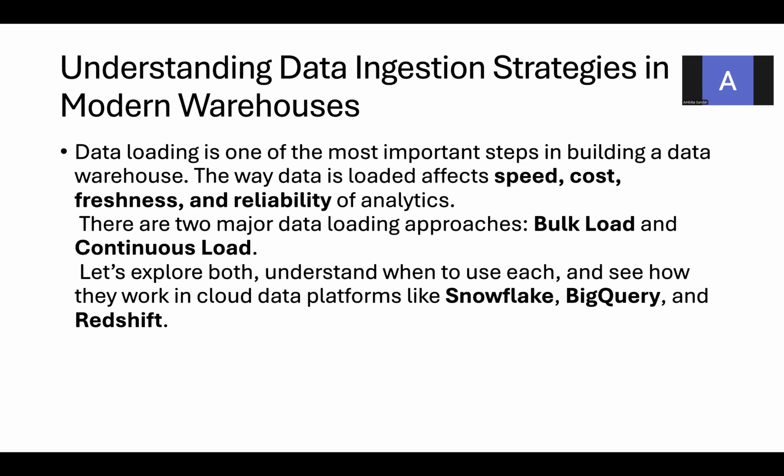So you have to first load the data into the landing stage, or the staging table, or the intermediate table, in some layer of the Snowflake. The way you are going to load the data is going to affect the speed, cost, freshness, and reliability. What is the speed? How fast you can do the analytics and the processing of the data based on the input data. Cost. What are the transformations you want to do with the data?